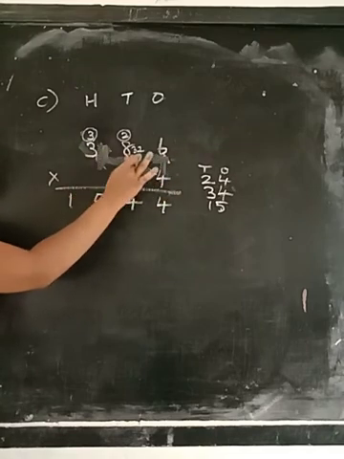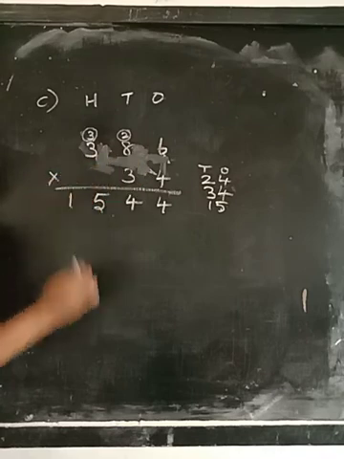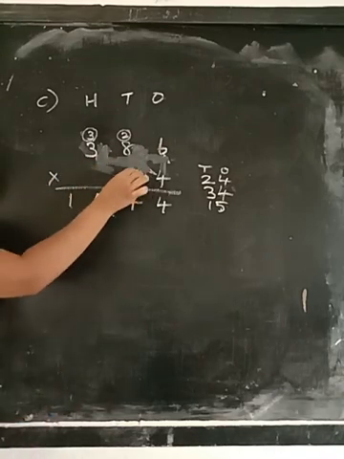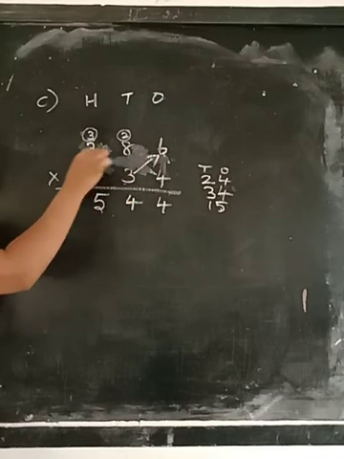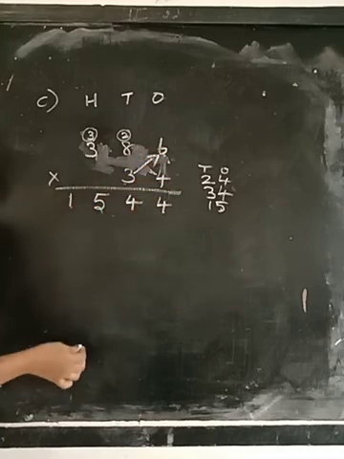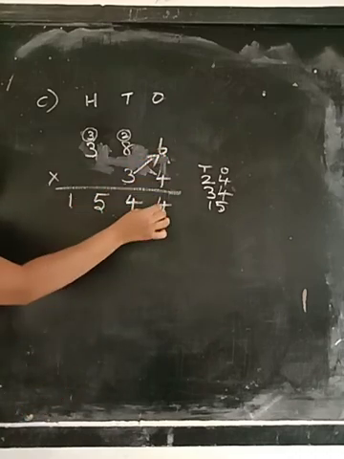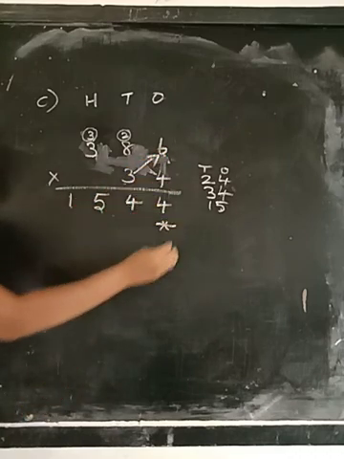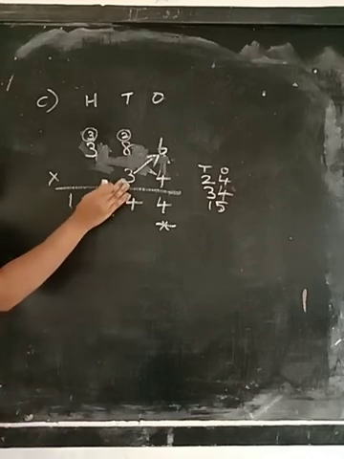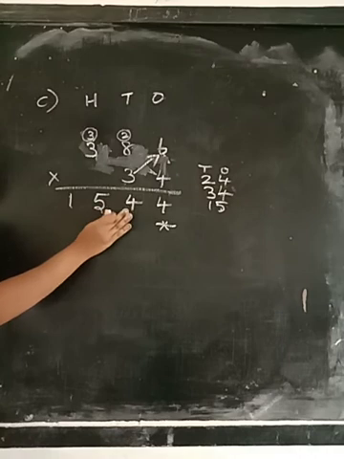Okay, so now I am rubbing these numbers. Now I am going to take the tens place number. So taking this 3, I am going to multiply all the numbers first. Now here it is 3 6s are. And before that, what I have to do? In the answer's ones place, I have to put a star, because I am going to start from the tens place. So this is the tens place.